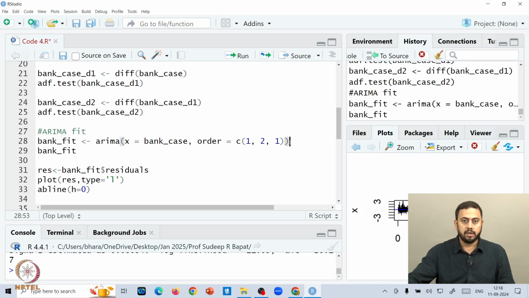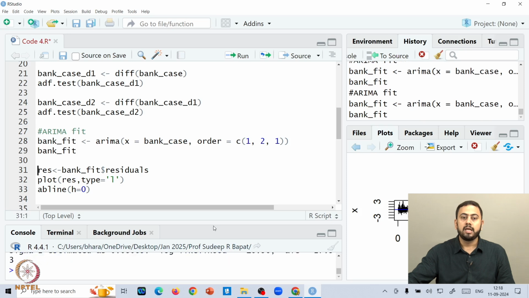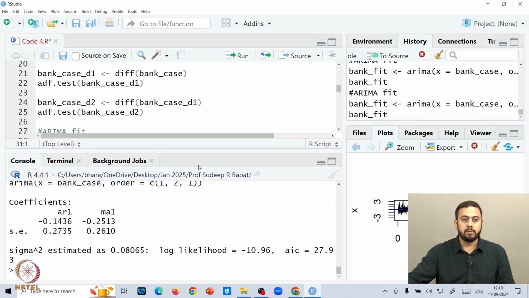If you fit this ARIMA structure and again get hold of the fitted coefficients and so on, remember that this is not an isolated MA structure. You have an AR component as well as an MA component. So the model should give you both coefficients. But now the AIC value has increased. Earlier it was 26.1, if I am not wrong, but now the current AIC value is slightly more, which is 27.9. Okay. So ideally speaking, if you remember, the goal should always be to minimize the AIC as much as possible.